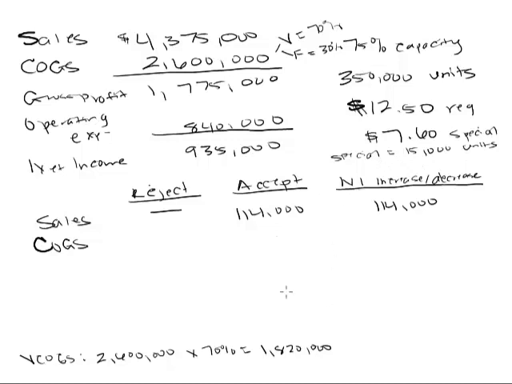Okay, so I want a variable cost per unit. Well, if I know that this is $1,820,000 and it's for 350,000 units, then I should be able to get a per unit basis. You should know how to do per unit calculations. Okay, so this means that my variable cost per unit, that should be a point, not a comma, is $5.20. That's my variable cost of goods sold.